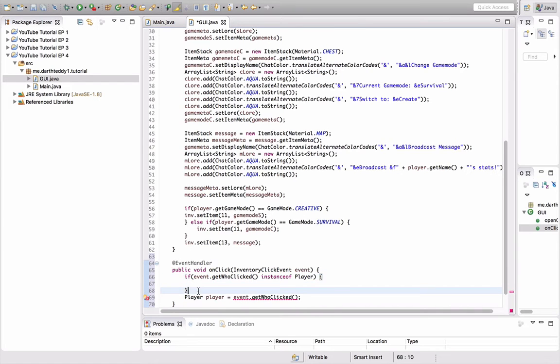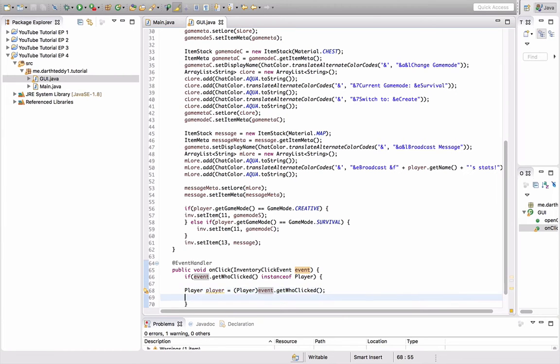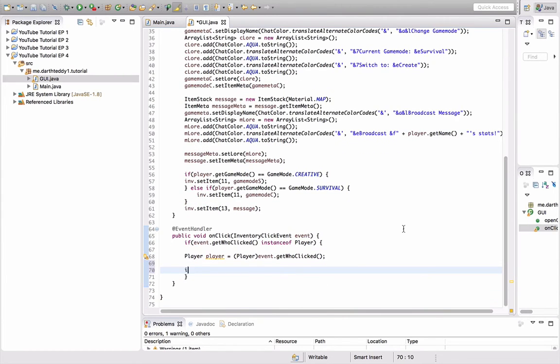We actually did that in episode 1. We did an instanceof. So if the person is a player, if the clicker is a player, and we have to cast that. So this code will only run if a player clicks the item in the slot. I don't really know how a mob or a non-human entity would click it, but